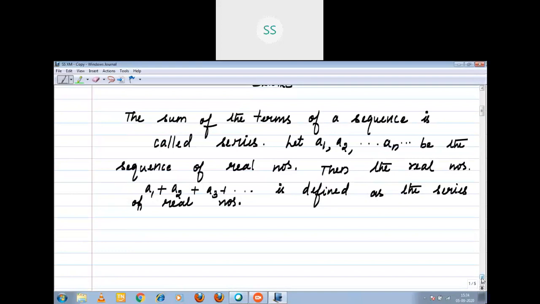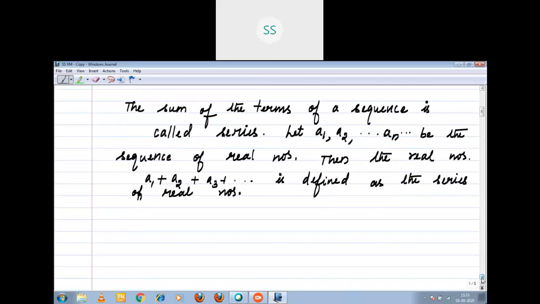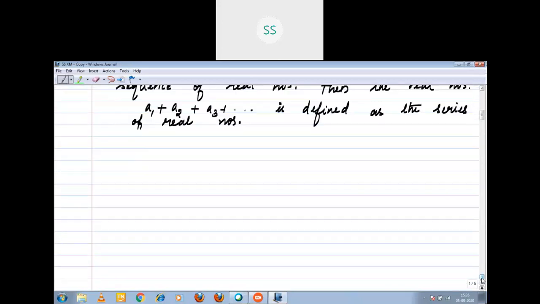Now I'm going to discuss how to add the sequence. Now a series whose terms are in AP, in the sense what? Common difference are equal, right? A series, first I will give the definition, then I will explain, right?